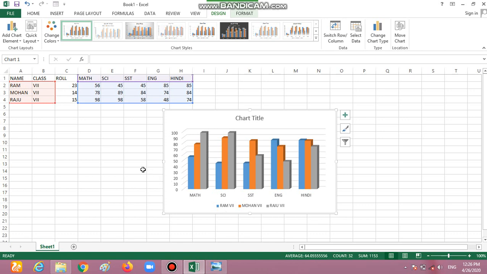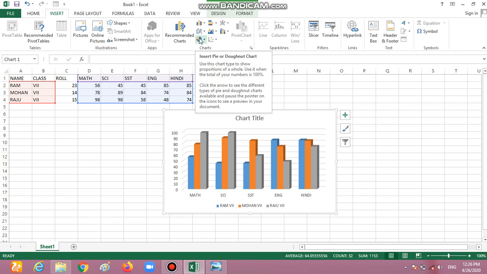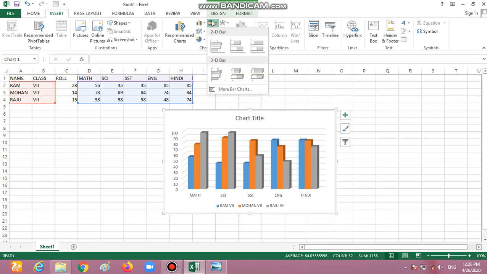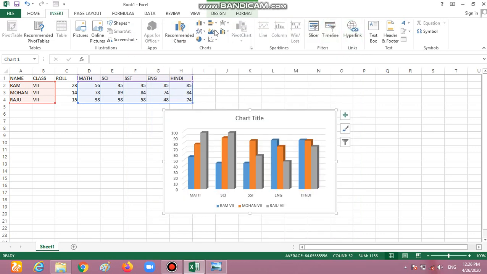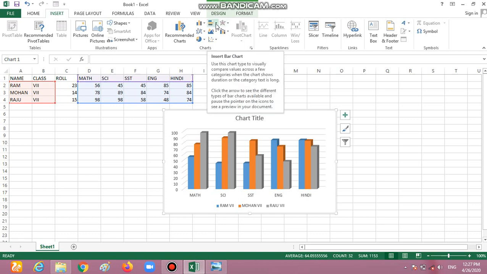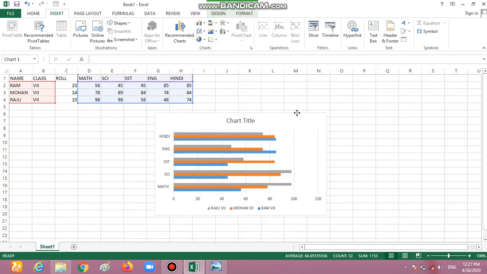But first of all we have to know which type of chart we have. So we have so many different types of charts. We have the column chart, the line chart, pie chart, bar chart, area chart. So there are so many types of charts we have. We can create any one of them. For example, I am selecting data this time and I want to create a bar chart on this. So I am going to the bar chart and selecting the chart style, and then we have a chart.